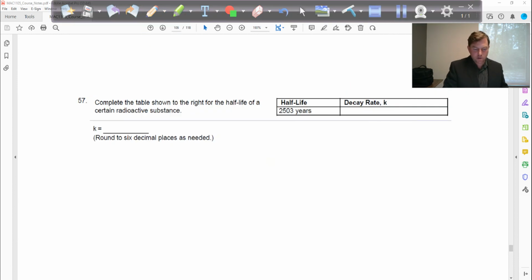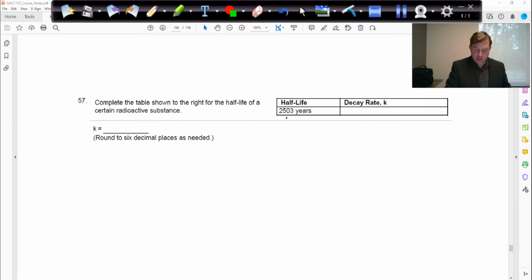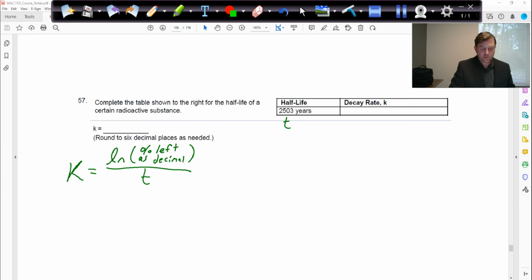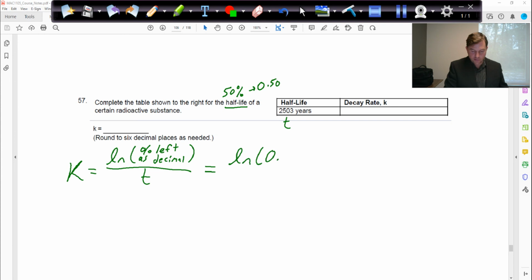K57 is going to be very similar. They say we have the half-life of a certain radioactive substance, and so we know the time, the half-life time. And they want us to solve for K. So K is going to be really similar. It's going to be the natural log of the percent left as decimal, divided by time. Well, if it says half-life, that means that we have 50% of what we started with. We have 50% left, which we're going to change to 0.50. So we just have to plug in 0.50 here, and then divide by the time it took,